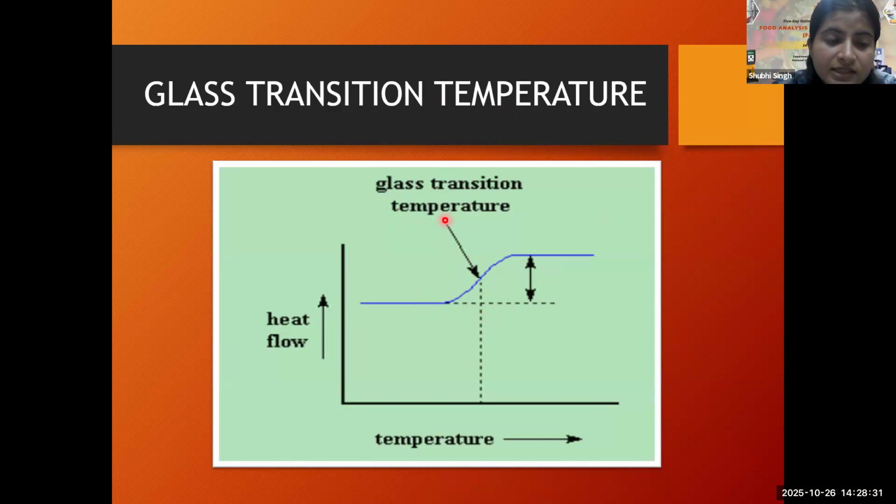Also, we can say we have got an increase in the heat capacity of our polymer or food matrix. This happens because the food has just gone through the glass transition. As you learned, foods have a higher heat capacity above the glass transition temperature than they do below. Because of this change in heat capacity that occurs at the glass transition, we can use DSC to measure a